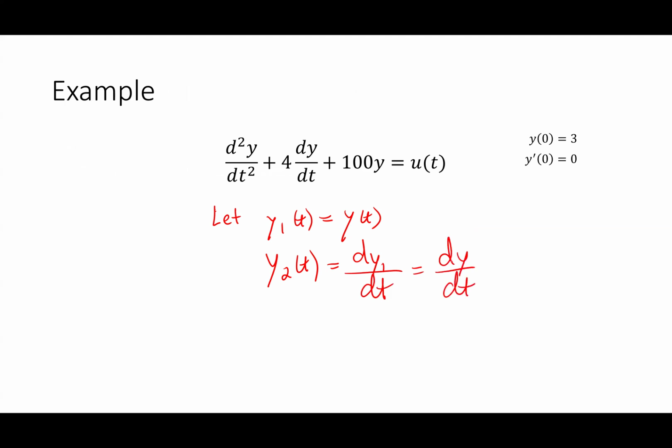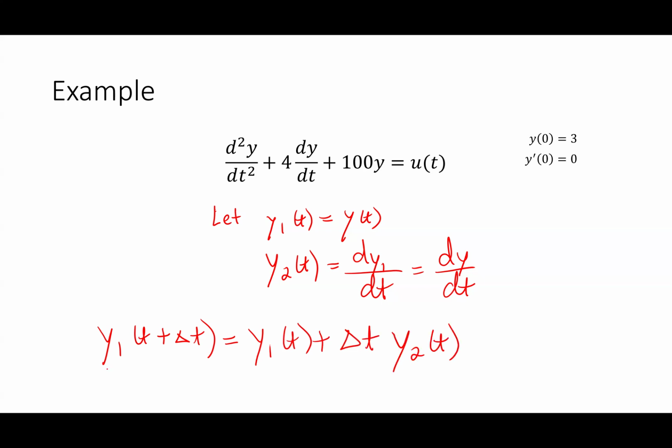And then I discretize everything. And I can go through that whole process. But basically what I'm going to end up with is y1 of t plus delta t equals y1 of t plus delta t times y2 of t, and y2 of t plus delta t